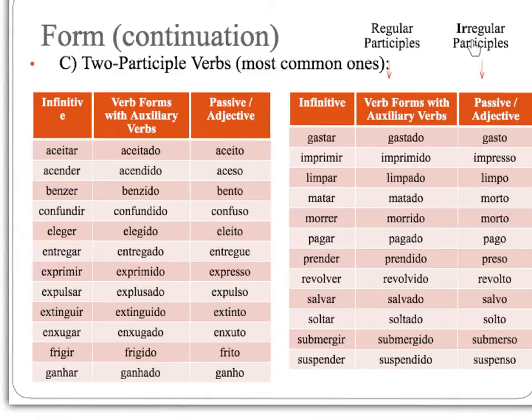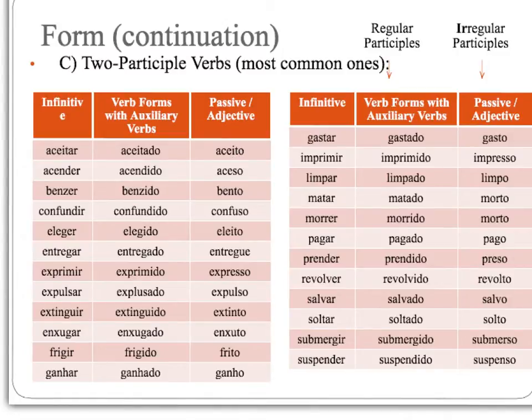Okay, this is the list of the most common ones, and here's the situation with this one. While the last list that I showed you on the previous slide had irregular verbs that only have one form, in this case, there are moments that you're going to use this, and there are moments that you're going to use the other one,